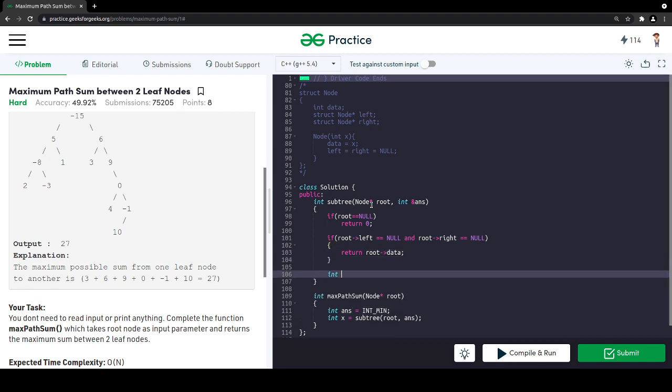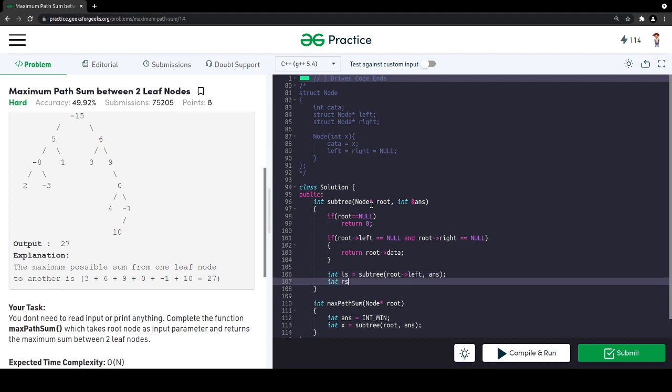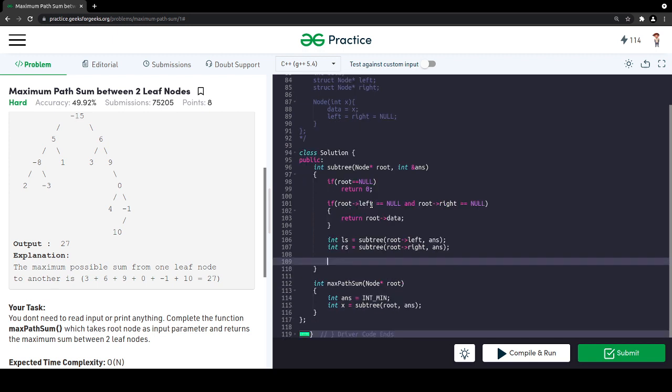So now I will be calculating my answer for left subtree. So it will be root left, and I want answer to be updated. And root of right, I will go, and now I will be checking if root has both the children, right? So if it is not equal to none,